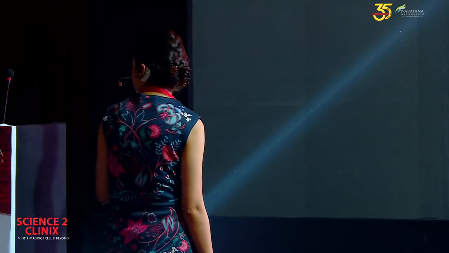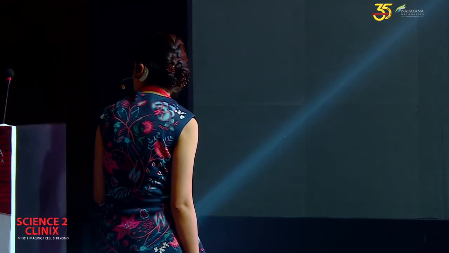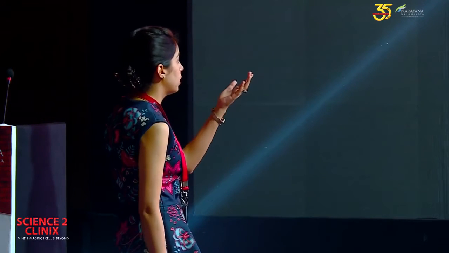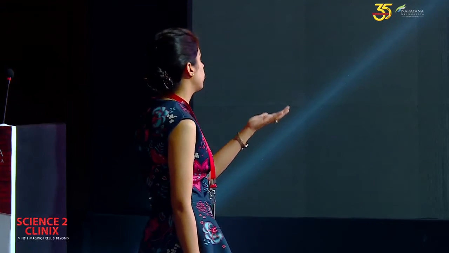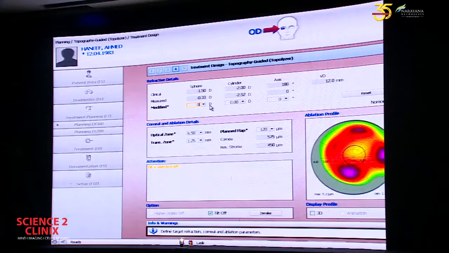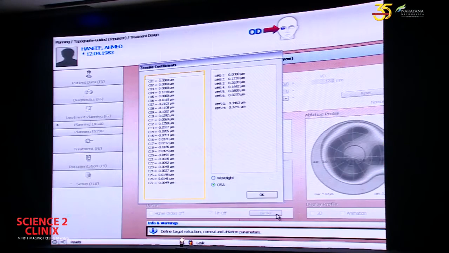So I think it was 0.12, the C12, right? So let's try 0.08 perhaps, minus 0. You'll have to put minus. Okay, so now we go back to the Zernike and just see. So now when you look, the C4 and the C12 have compensated. So this is the first step.